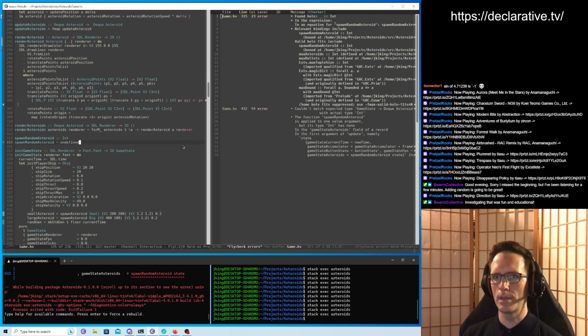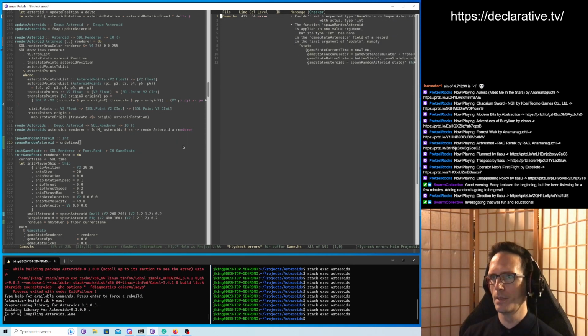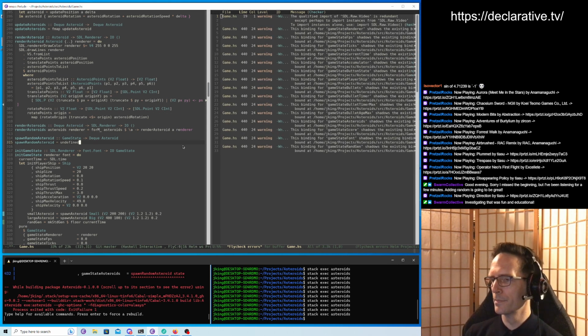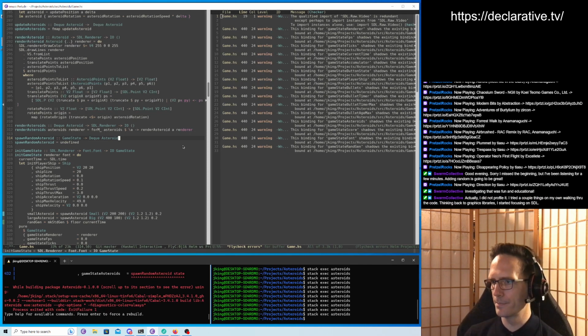We're going to put undefined here. I'm just going to ask GHC what the type signature is. Okay, so spawn random asteroid. We take the game state from the last frame, and before we do any of the physics updates, we're just going to figure out if we're going to spawn a new random asteroid or not, and then we'll just add it to